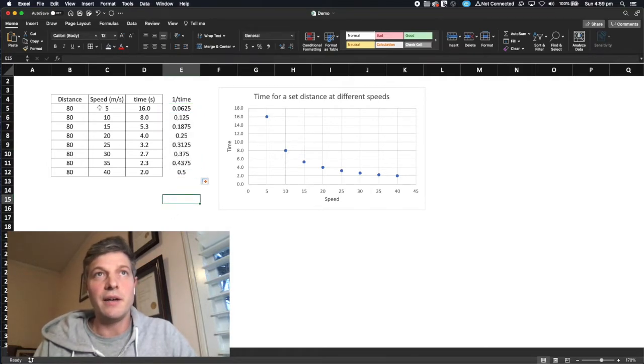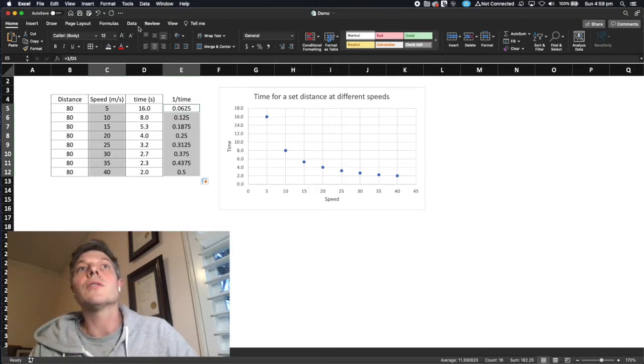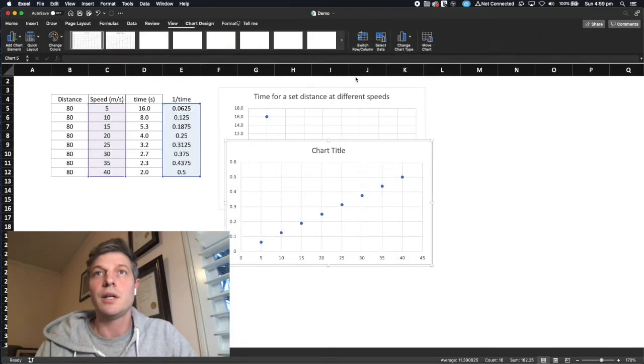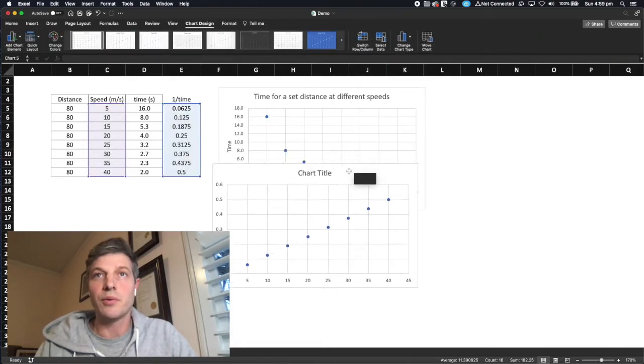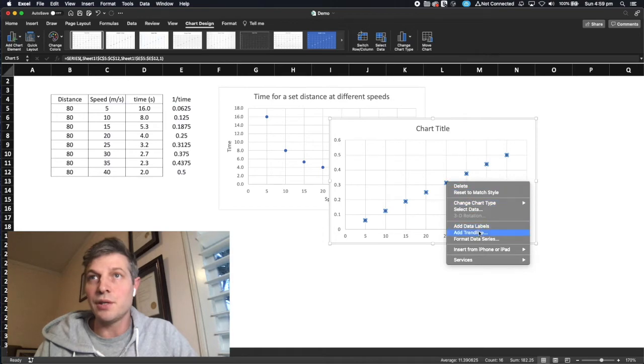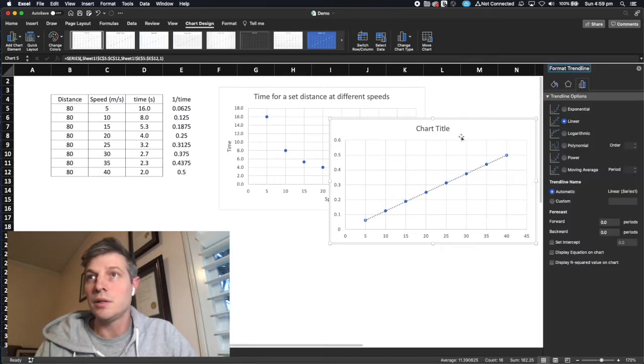Now I have the speed and the inverse of time, so I should be able to graph these now. Circle the x and the y and insert my scatter graph. And wow, what do you know? That looks like a pretty good direct relationship to me. I'm now going to add a trend line and get that value for the gradient. And my value for the gradient is